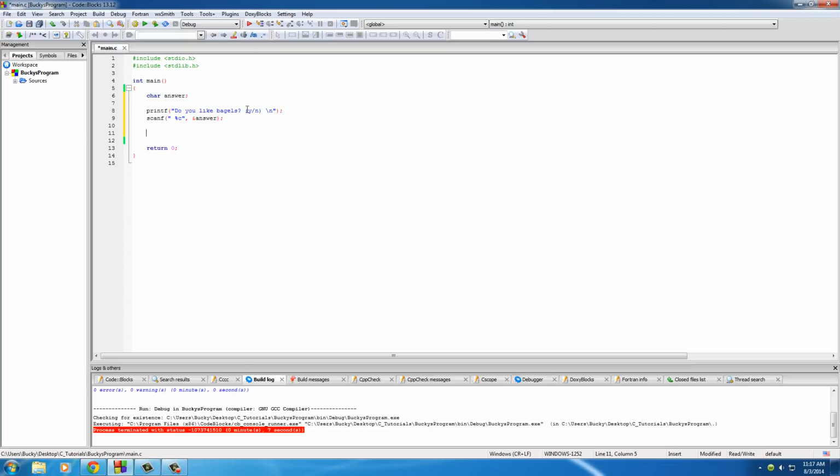Now we want to make sure that they actually did write Y or N and they didn't type something stupid like P or type the word meatball or anything like that. Because if they did, well, then it just broke our computer program. So let's go ahead and make the basic structure first. We'll make a test eventually that if they enter the correct data, then we'll print out,